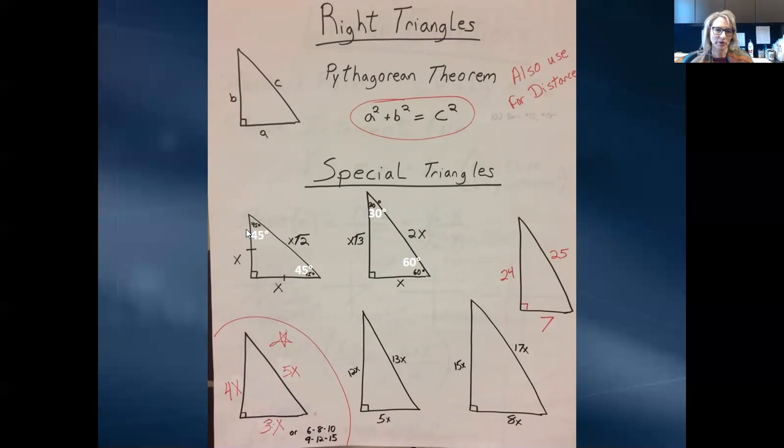Also, try to remember these special triangles. This is an isosceles triangle, or 45-degree triangle. These 2 sides are equal. They're both x. And when you have this kind of triangle, the hypotenuse is always x times the square root